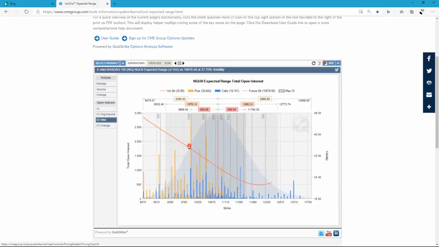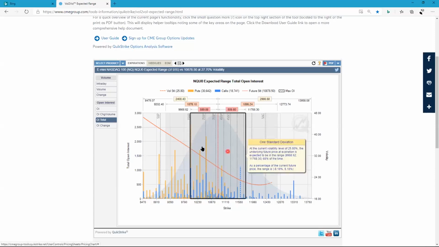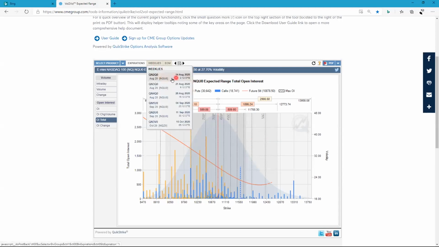And as you see, as volatility falls, that's where you get the price rising. And if volatility is rising, these are the locations where you want to be looking at for entries for your targets, and especially around this standard deviation. And you can do it again off the contract, or you can change it to a weekly expiration or an end of the month.